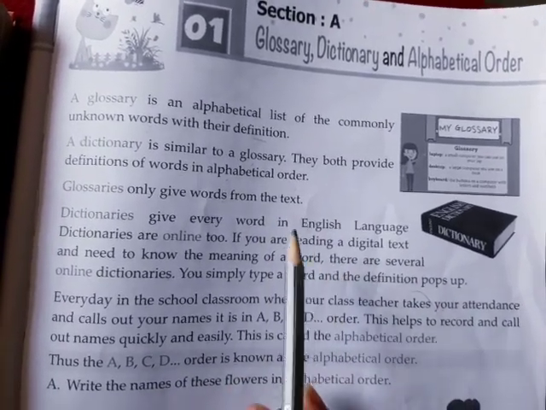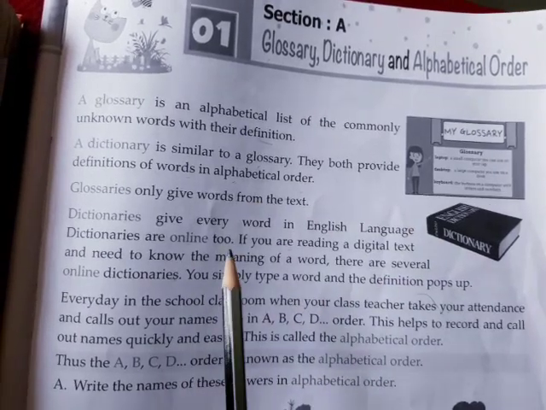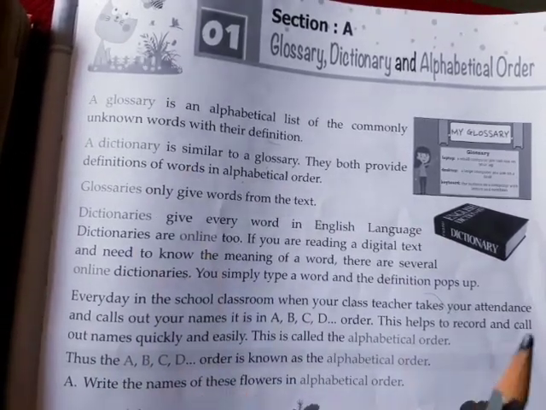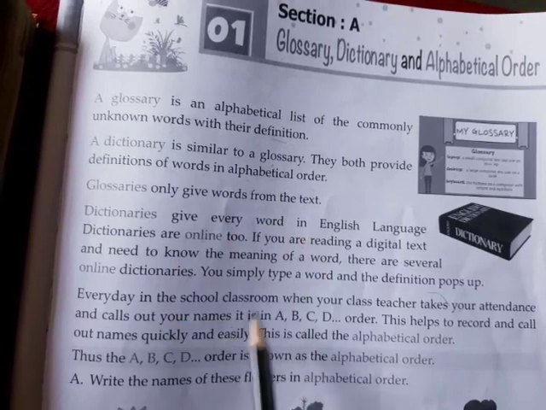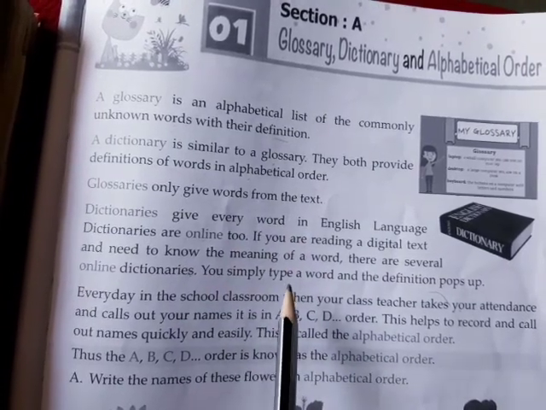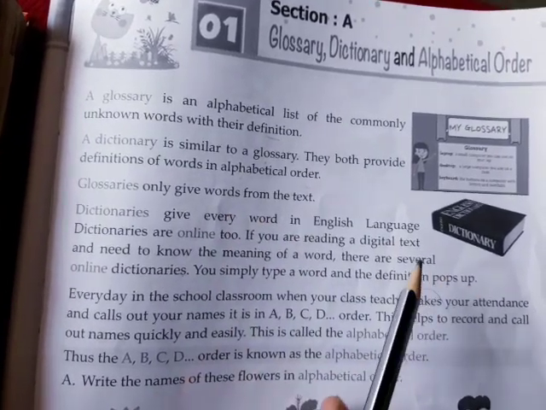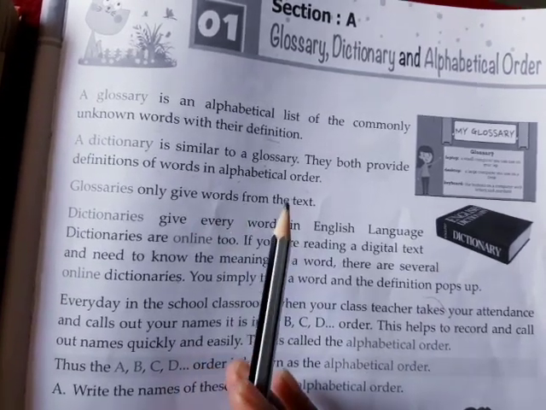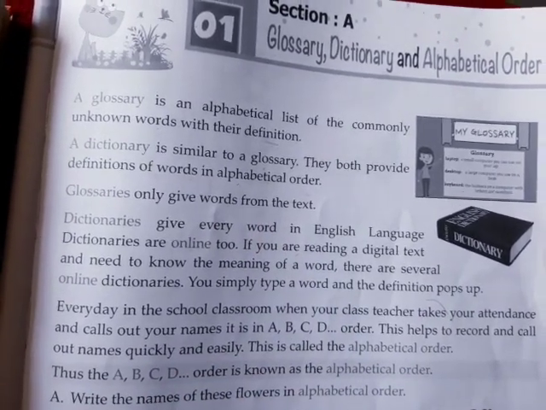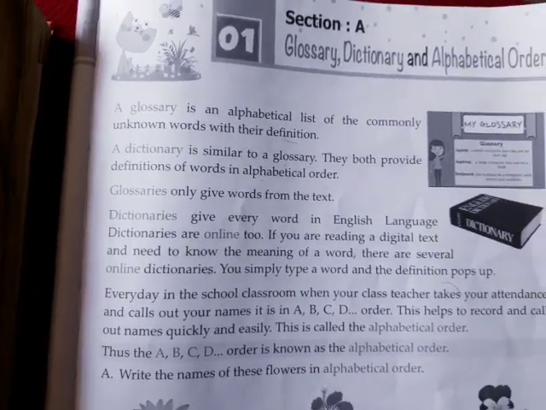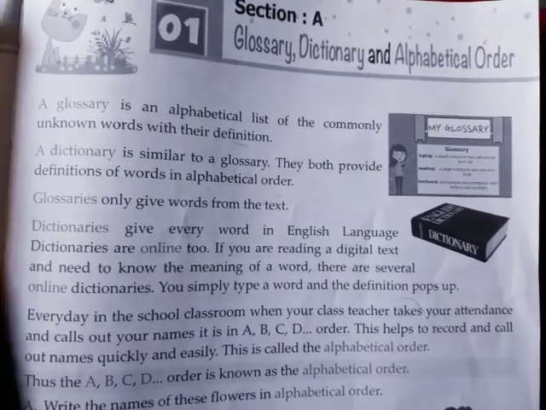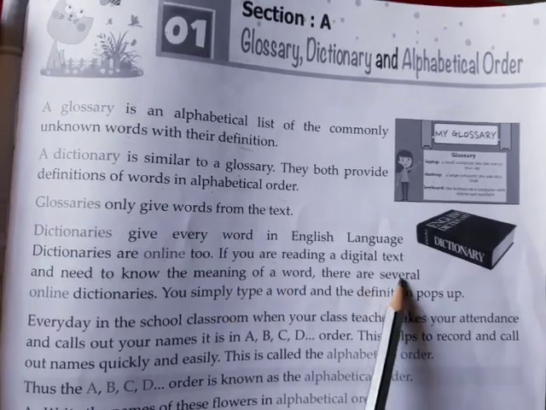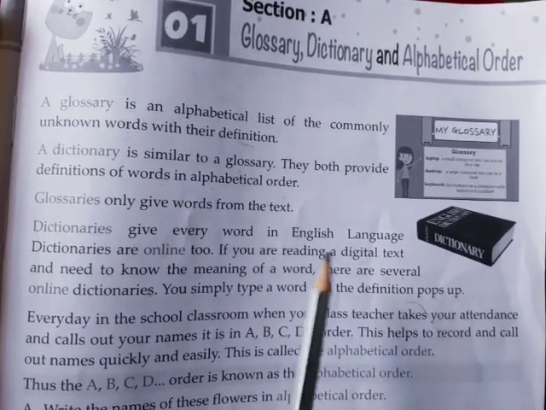So what you will do is immediately type the text or type the word, and you will see that the meanings are given there in Google dictionary or in some other dictionaries which are available in your phone. You can type the word and easily find out the meaning of it. So yes, dictionaries are available online too, and there are several online dictionaries. Several means there are many online dictionaries. You can easily type on Google.